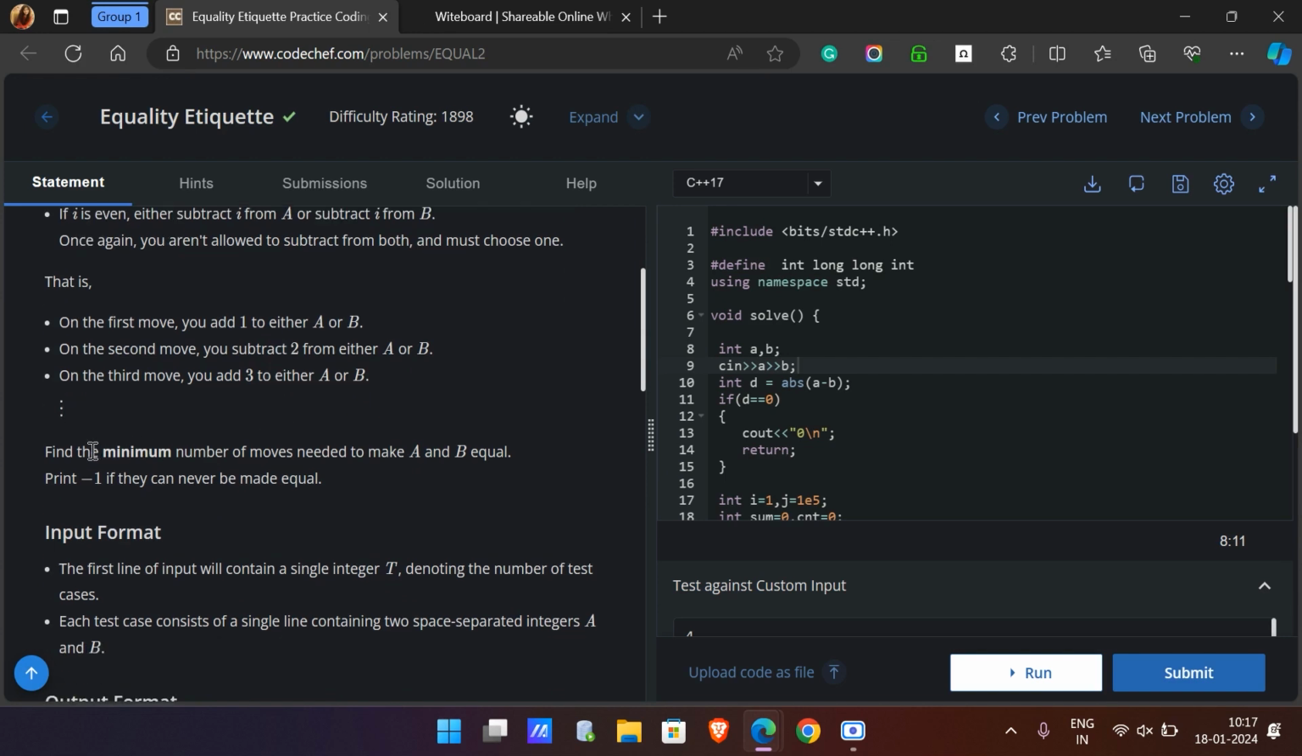Now you need to calculate the minimum number of moves to make a and b equal, and print minus 1 if they can never be made equal. So would it be not possible to make both of them equal under any condition? How will it be possible? Because